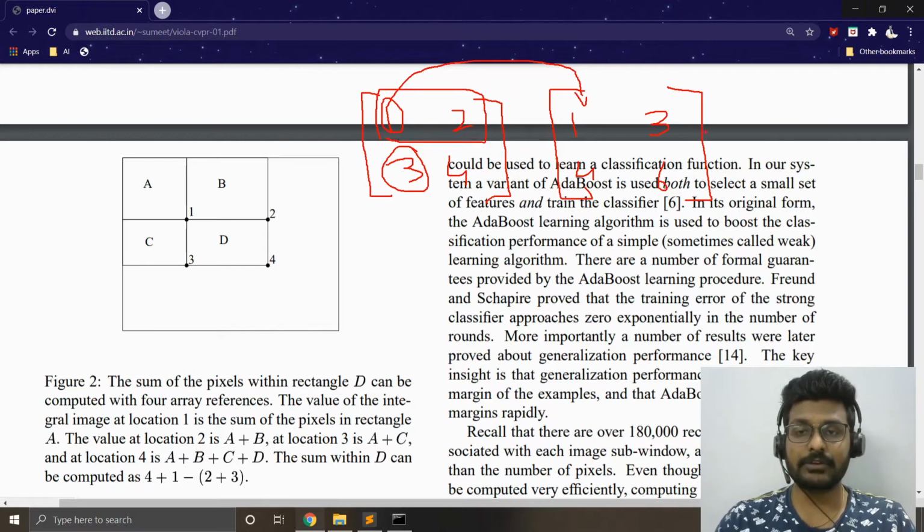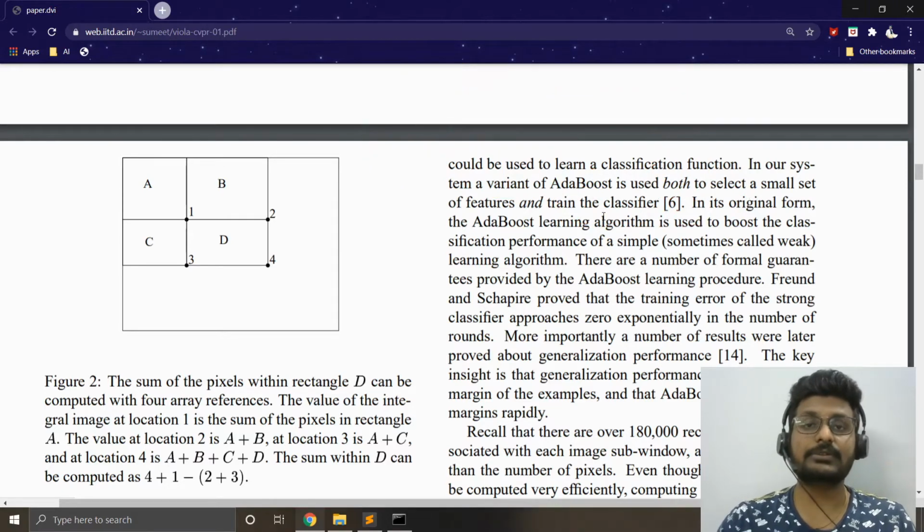So let's say if I apply this filter here, obviously rather than adding these two guys together, I can directly get this added value and subtract right away, so that the time required to compute this addition and subtraction will be reduced humongously. So obviously I get a huge boost of speed using this integral image. So that was a huge success, and they managed to get a good speed.